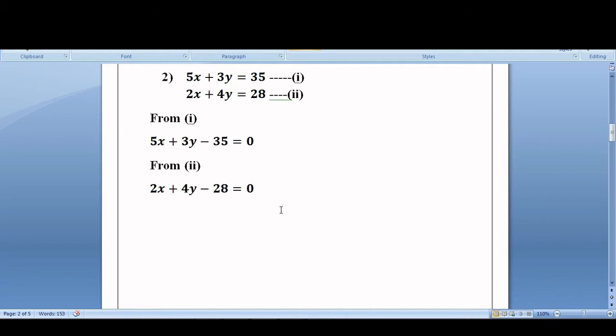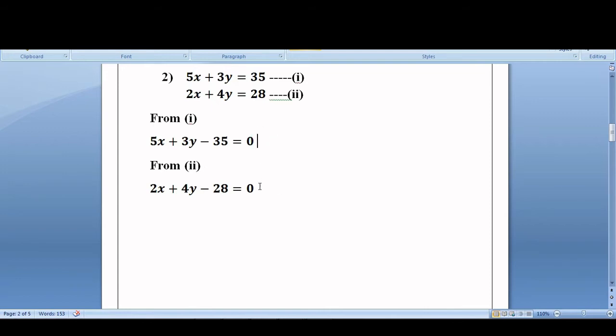But in some cases it's better to apply the elimination method or the cross multiplication method, so it will vary from one problem to another. My recommendation is just follow the elimination method. It will be very much easier, either elimination or cross multiplication. But on the other hand, substitution method is much easier, but it takes some time. So it's only up to the students which method to apply. All the three methods are very easy and very simple. They take more or less equal time, so it's only up to you which method you should apply.